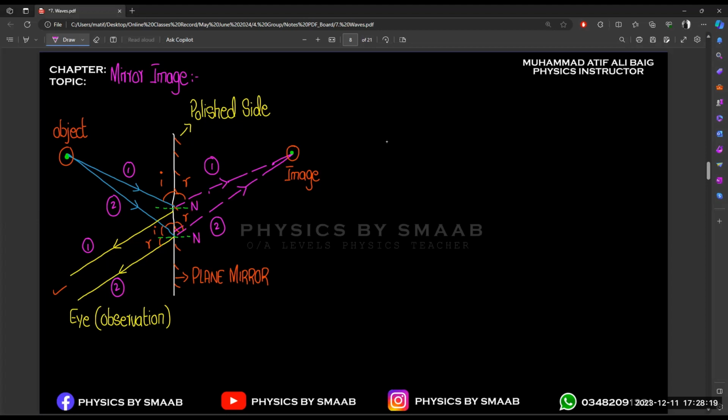When we solve the question, you will get a clear idea of how to make the angle, because right now we are not marking the angle exactly, but according to the law, we will apply that law on the question. So always remember that you have to mark the image on the other side, not on the same side. Options are also available in the paper, like A, B, C, D. One option will definitely be on the same side, but you have to follow the ray diagram.